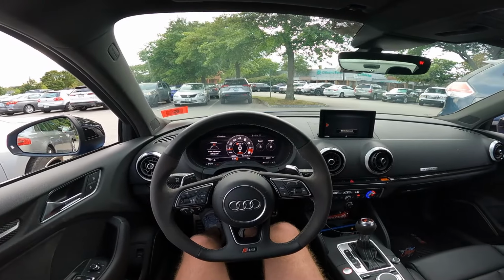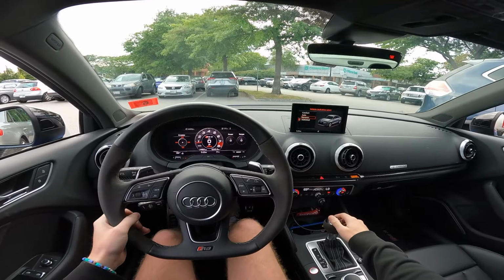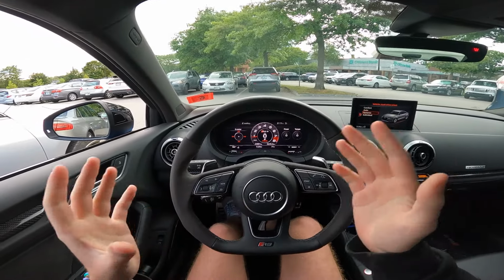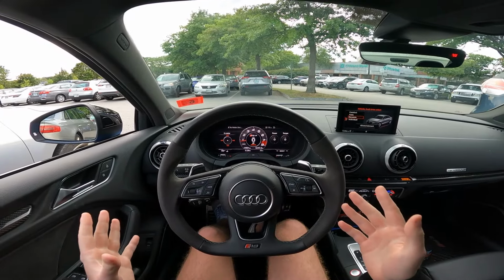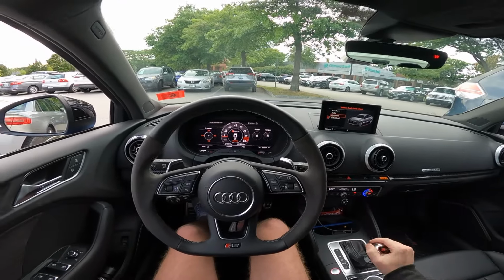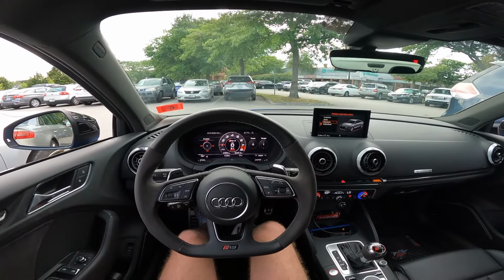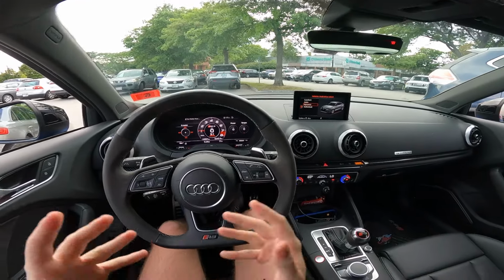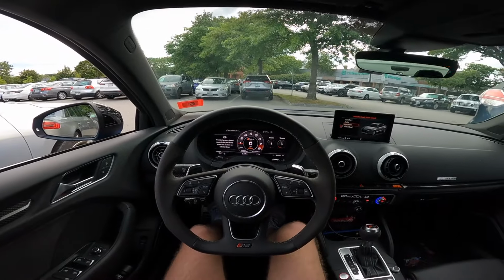So I did get the sport display back up. I think in the last video I explained how I don't like this display, but the issue is, I just found out the other display does not allow the oil temperature, which is huge for me. You guys know I'm very anal about making sure my cars are all good to go when I romp on them. And while we're here,